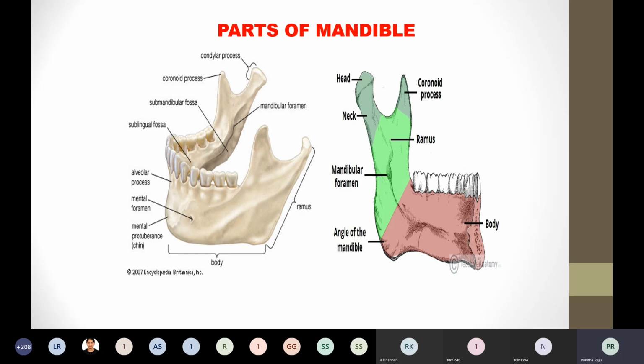In this diagram it is very clear. You have the condylar process, the coronoid process, the alveolar process, and the mental foramen. This mental foramen is very important. In the practical internal assessment I asked you what is the importance of mental foramen in forensic aspect, and I think only one person answered it. I'll tell you its importance. You also have the angle of the mandible, which is very important too. There is no importance of the mandibular foramen. Only the mental foramen, as well as the condyloid process and the coronoid process, have importance in forensics. I'll tell you in the next few slides.